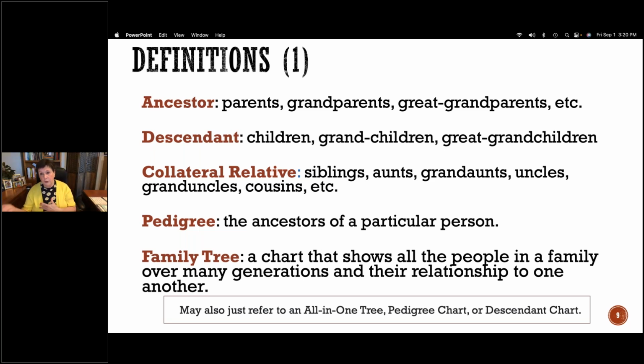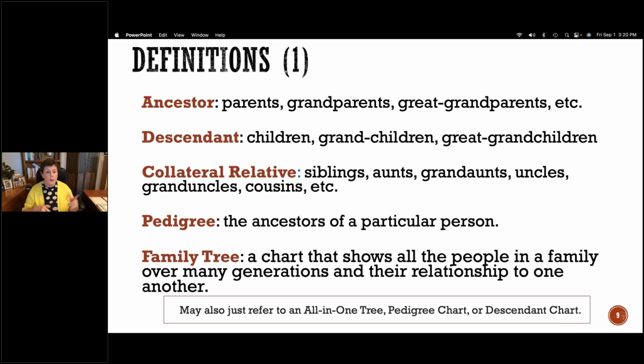Descendant: children, grandchildren, great-grandchildren. Collateral relative: siblings, aunts, grandaunts, uncles, granduncles, cousins. Pedigree: the ancestors of a particular person. And then family tree, a chart that shows all the people in a family over many generations and their relationship to one another. Okay, so a family tree may also refer to an all-in-one tree, a pedigree chart, or a